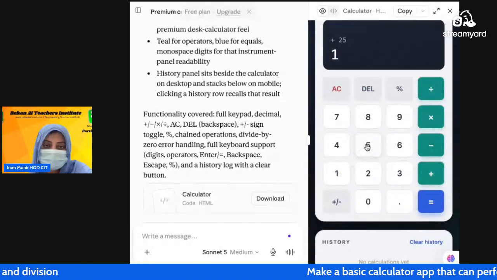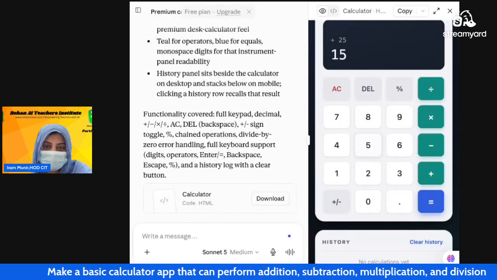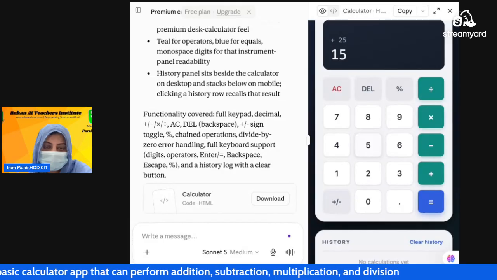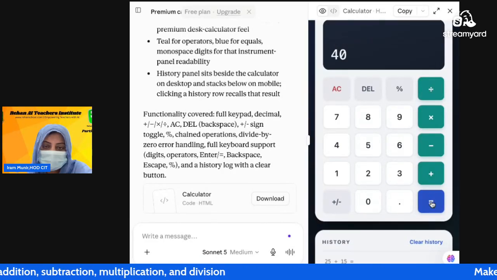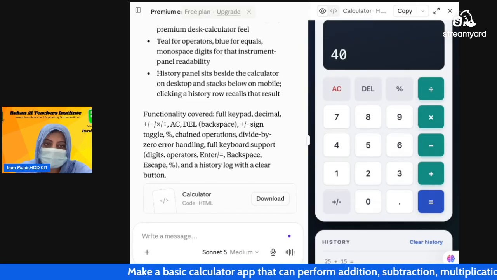Now 25 plus 15, the result should be 40. I will hit now the button of is equal to. Okay, that's great. As you see, the calculator displays 40, so the addition function is working correctly.